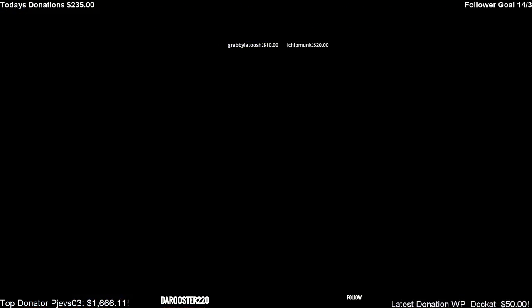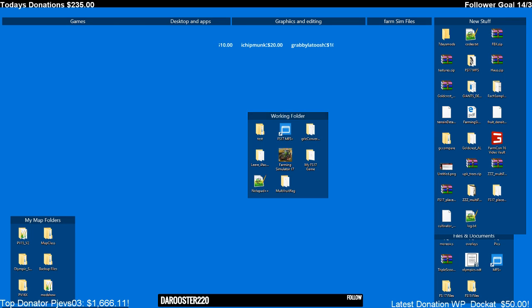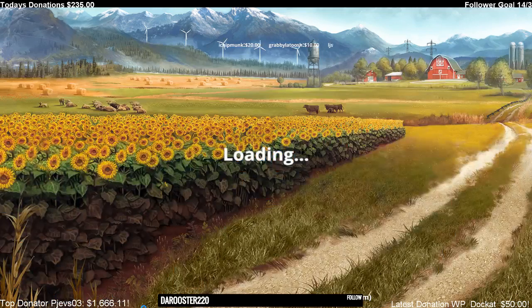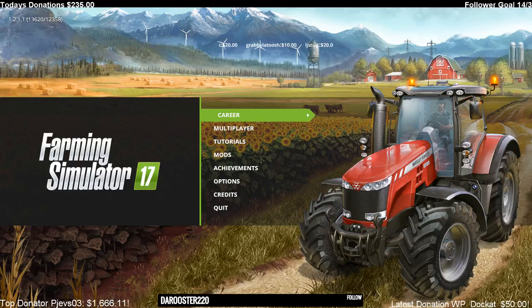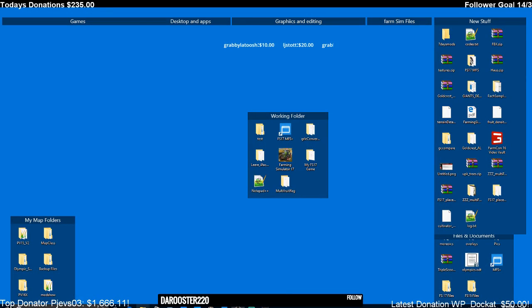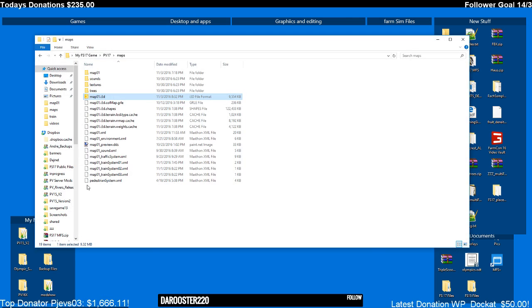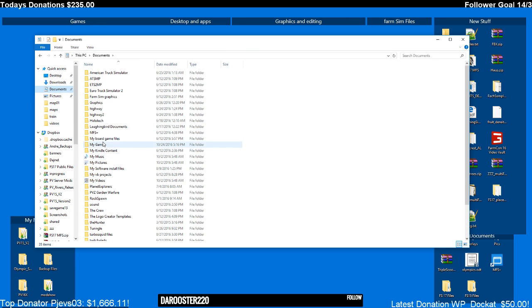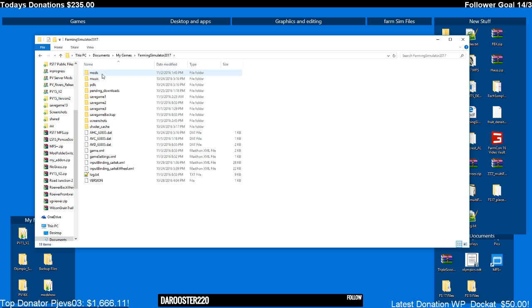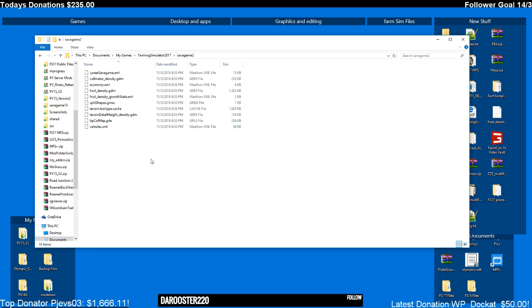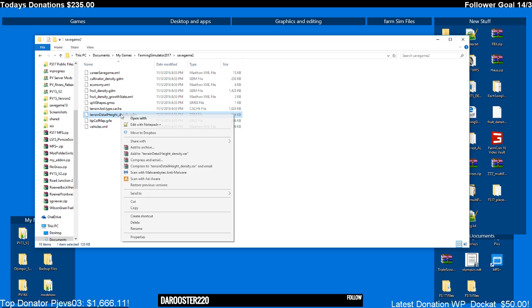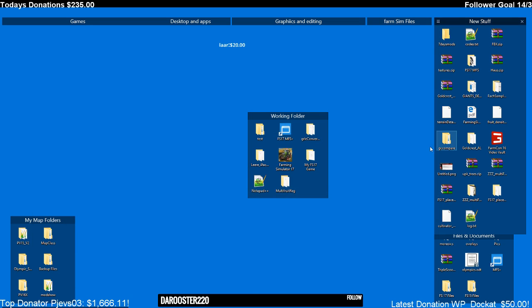Okay, quit the game. What you could do now is if you go to your save game folder. Oh, wait a minute, it's getting there. Let's see. Which would be under Documents, My Games, Farming Simulators 17. Find the Save Game 2 folder, and you have this terrain detail height density.gdm file. If we copy that now and go back into our map folder